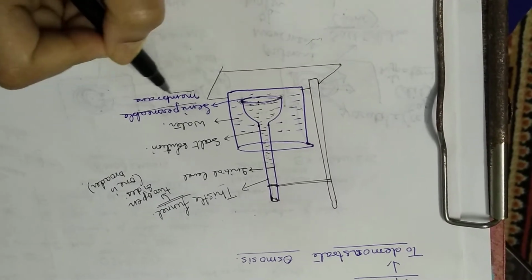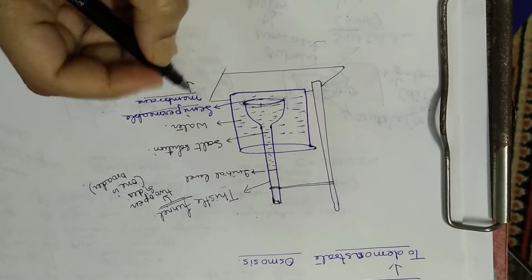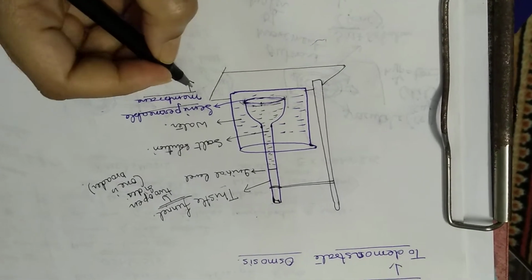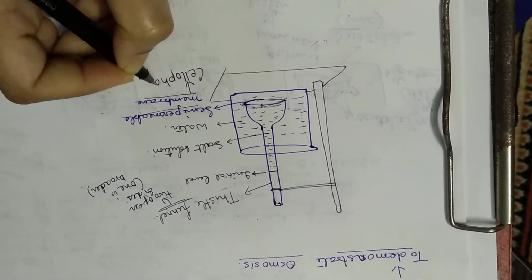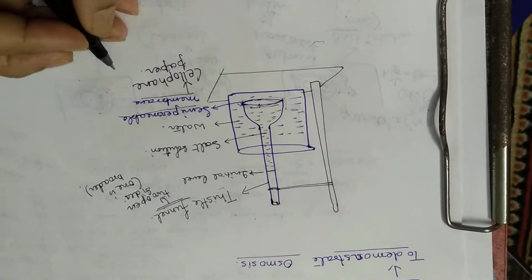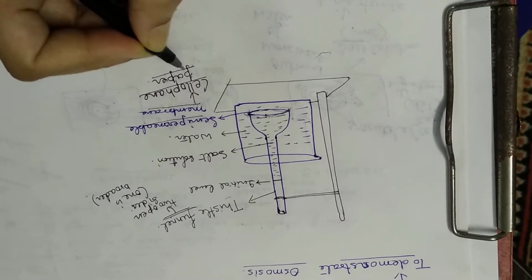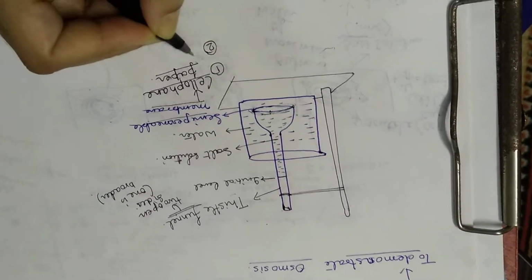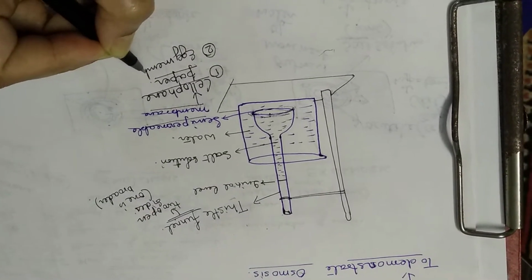So here I have labeled it as a semi-permeable membrane. In our experimental process, we can take a very simple paper, which we all know about, that is the cellophane paper, and it is easily available in different shops and we can get it. Because of that we use cellophane paper as the semi-permeable membrane, but there is an option that we can use the other semi-permeable membrane, that is the egg membrane.